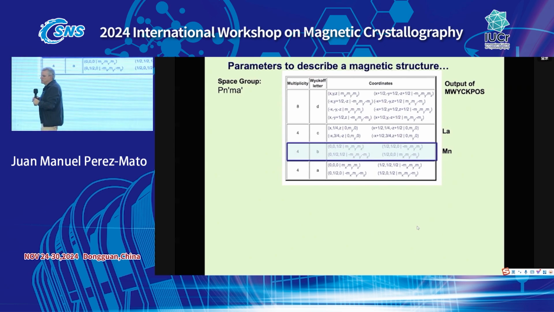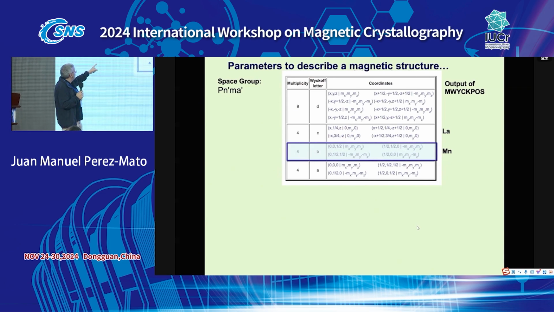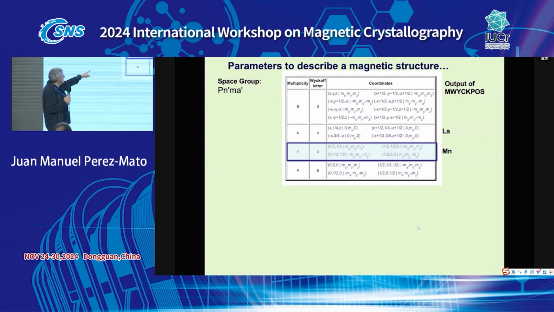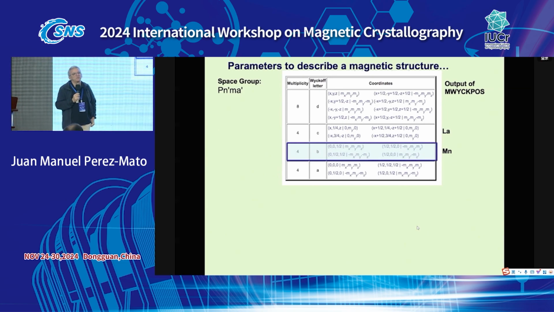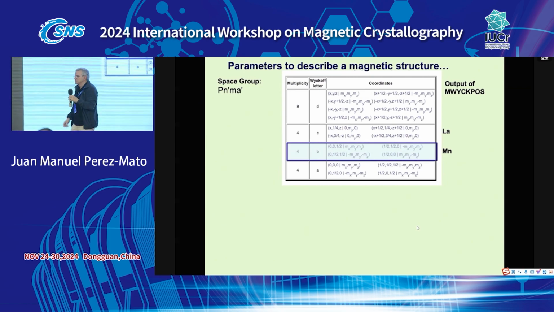For me, it's very difficult to see it in this, but you will see that when you go from the first position to the second, then mx changes sign, my does not change, mz does not change. Okay? And that's the symmetry relation between the magnetic moments. How do we know that this is happening? This is just a consequence of